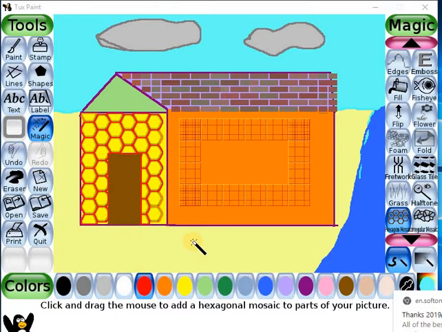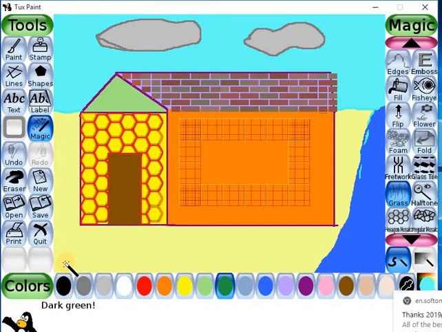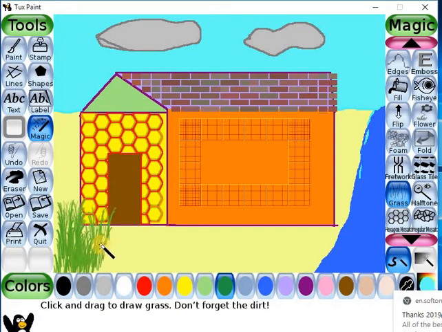Now in front of the house, we'll apply the grass effect. Take green color from here and drag them out.